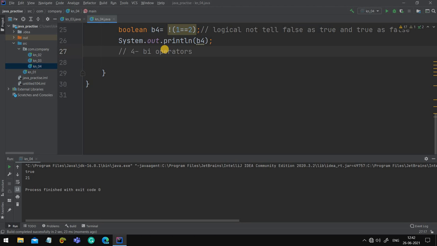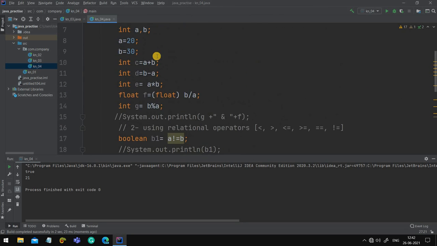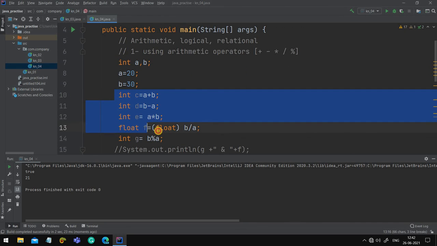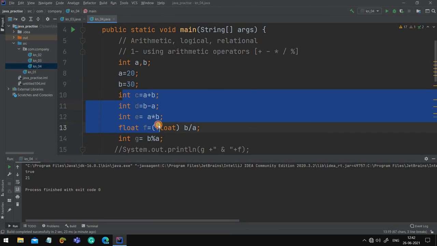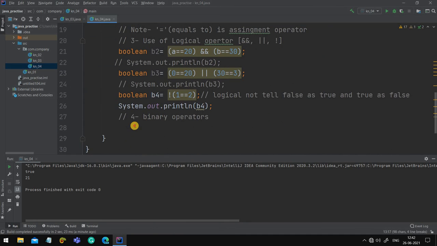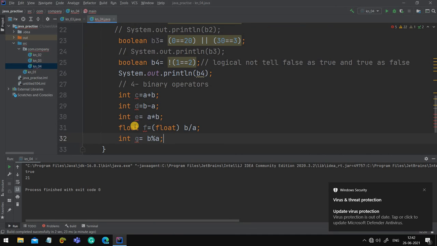Binary operator, the easiest concept. Binary operator means using two operands. Let's copy this one only. This is a simple example, no need to declare them.